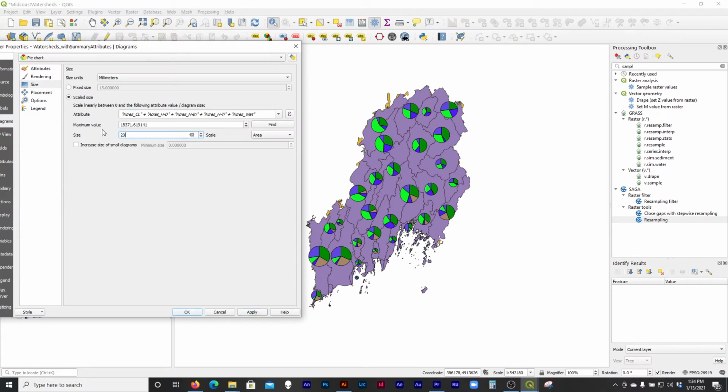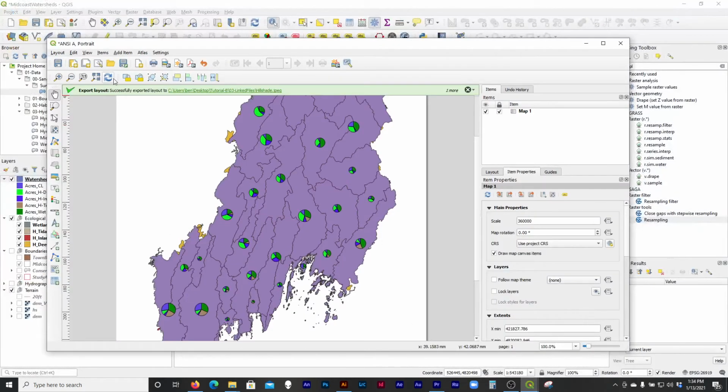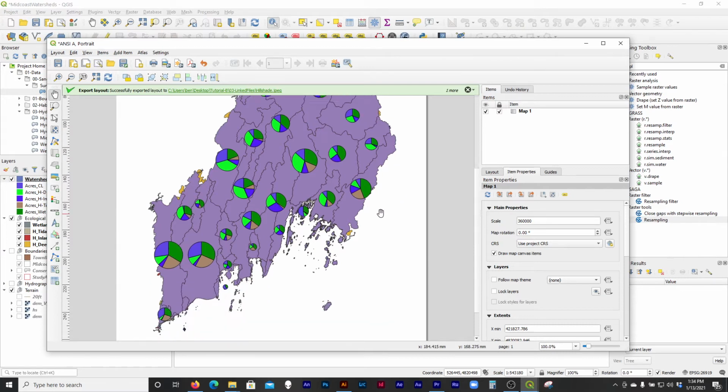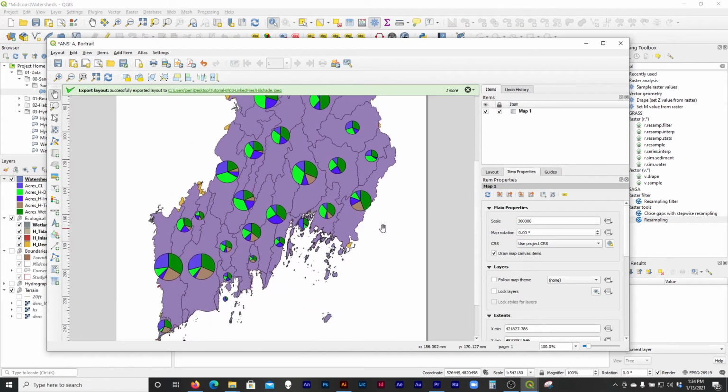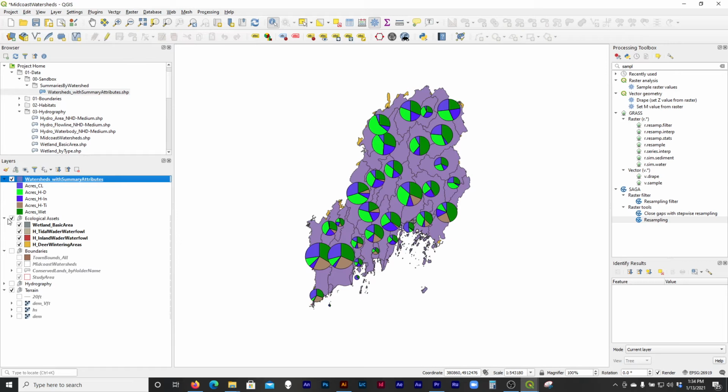What the heck? Let's do 20. Apply. So that looks big there, but I think it's going to be fine. Here, refresh. That's okay. I like that. It's good enough. We can scale them all together in Illustrator if we need to, but I think that'll be good. So now that I want to export this, I'm actually going to shut off these ecological assets and just